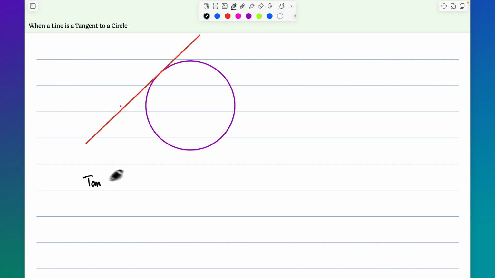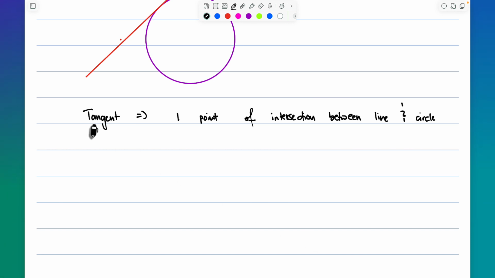So let's just write that as a note. Tangent, this means you have one point of intersection between your line and your circle. Right. So if we're dealing with intersections, what that means is we're going to take our two